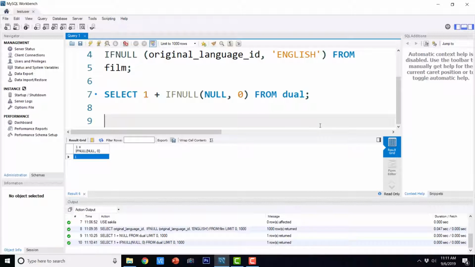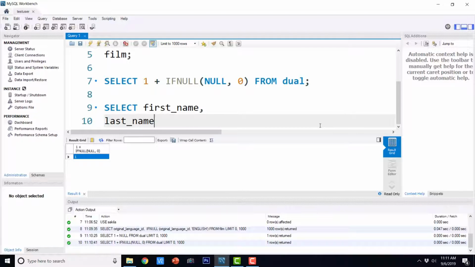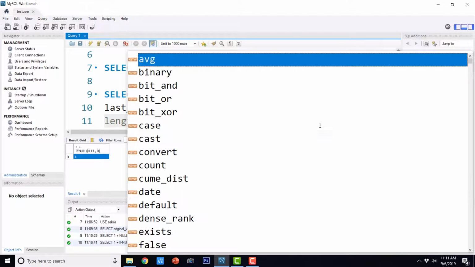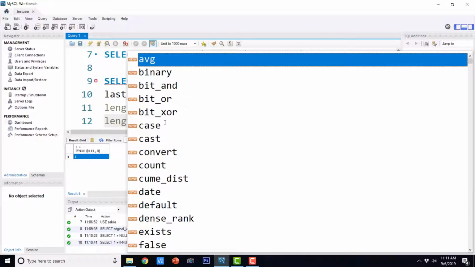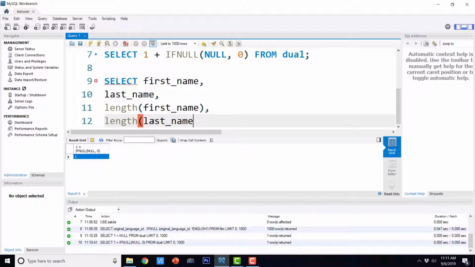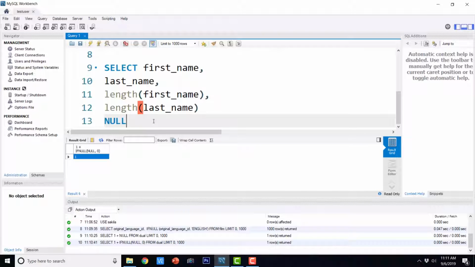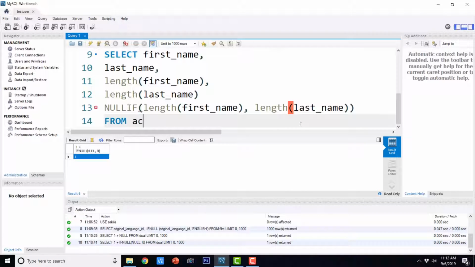Now we are going to see the NULLIF function. So I'm just going to say SELECT first_name, comma, last_name, comma, length of first_name, length of last_name, NULLIF(length of first_name, comma, length of last_name) FROM actor.